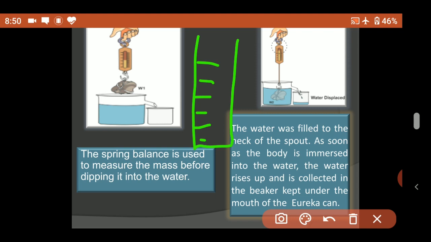Isn't it very easy, children? To find the volume of an irregular solid, you don't need to remember any formulae. You only need to conduct this experiment, isn't it? We also talked about the volume of liquids. For the volume of liquids, the measuring cylinders always help us. You can pour the liquids into the measuring cylinder and find their volume. So this is all about density.